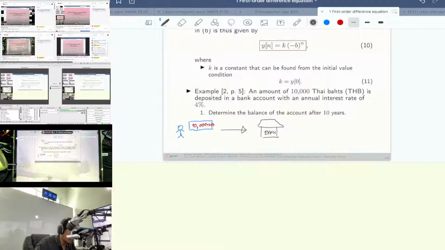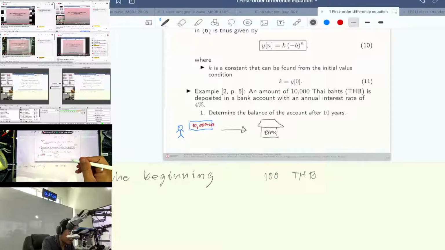At the beginning, if you deposit 100 Thai baht at a bank, we deposit 100 Thai baht, and after 1 year